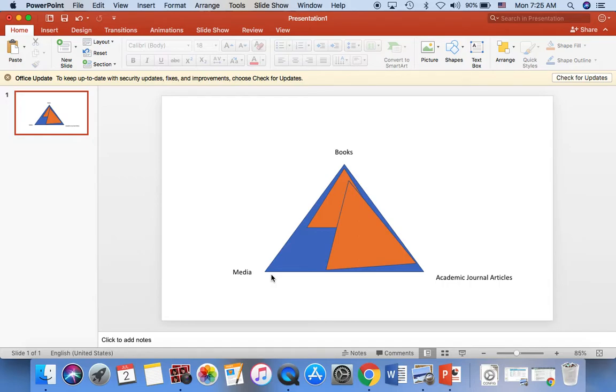Now, the information is probably less reliable than either books or academic articles, but it's going to be current. And that's the difference, right? That's the advantage that media has over academic journal articles and books, because it doesn't go through the same rigorous process to determine its validity, its factual nature.